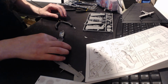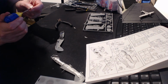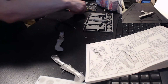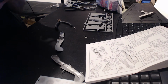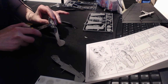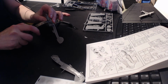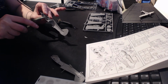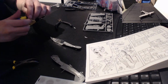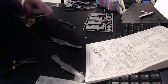mean, how exactly does that curved piece stick to, you know, the flat piece? Okay, round peg, square hole. I can do this. I don't see this as being difficult. Ooh, that's fitting really well. No, no, no, don't do that. Just put a little glue down here. I can see a section where it looks like it fits, so